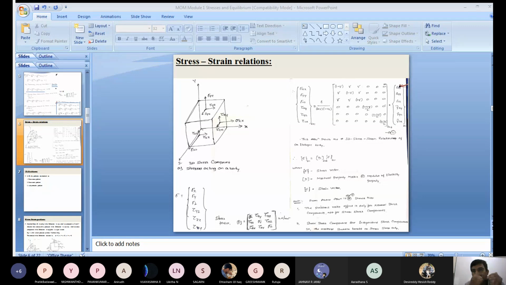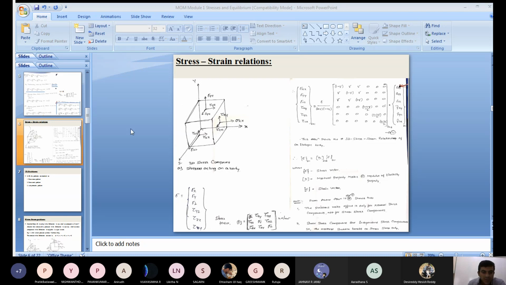Now, if somebody asks, what is the stress acting at a point in a three-dimensional component? How many stresses are acting here? You should say there are 6 stresses acting at a point. What are those? 3 normal stresses such as sigma x, sigma y, sigma z, and 3 shear stresses such as tau xy, tau yz, tau zx. Right? You should write in the order x, y, z only. In that axis order only you should follow.